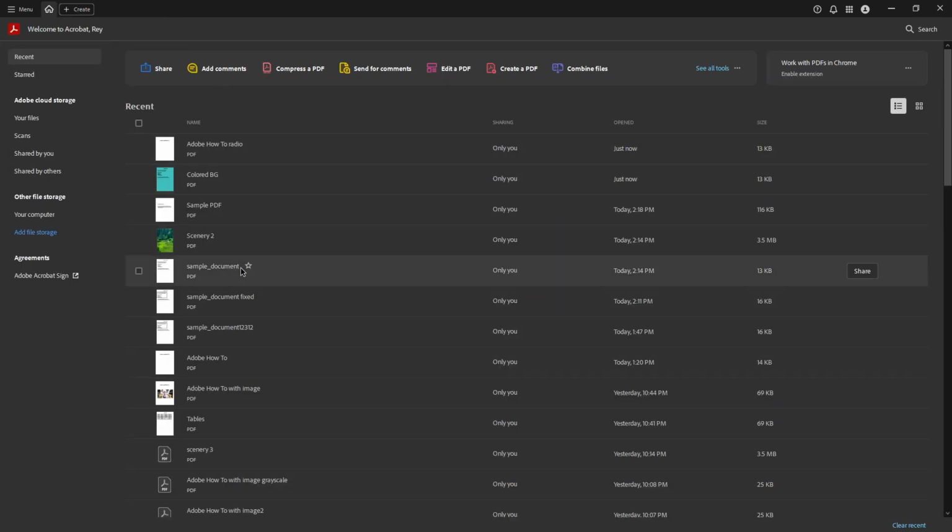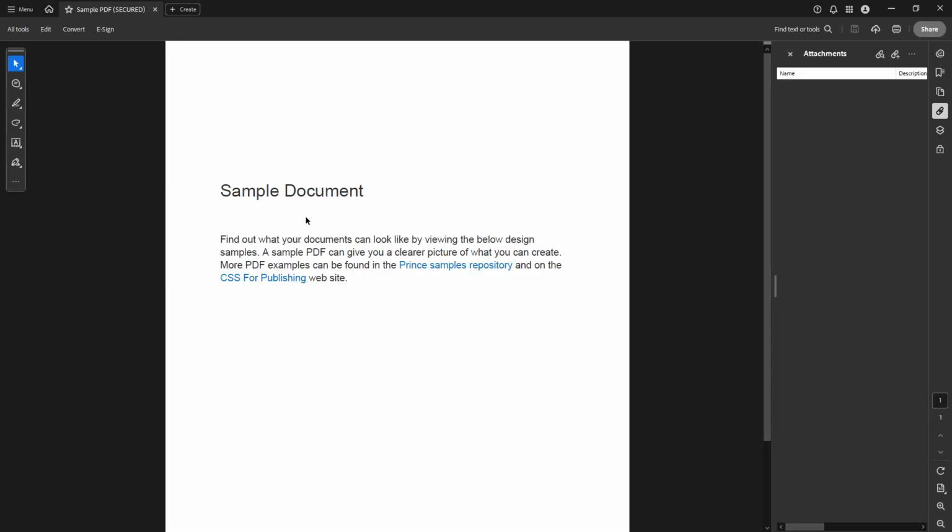Open a PDF again. You should notice that the All Tools panel is not open this time. Congratulations, you have successfully set Acrobat to remember your preferred viewing settings, making for a cleaner and less cluttered workspace every time you open a document. And there you have it, you've just learned how to permanently disable the All Tools pane in Adobe Acrobat. This should help keep things neat and